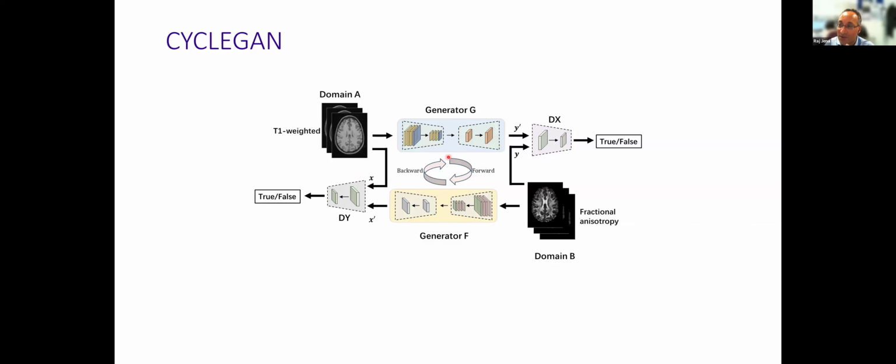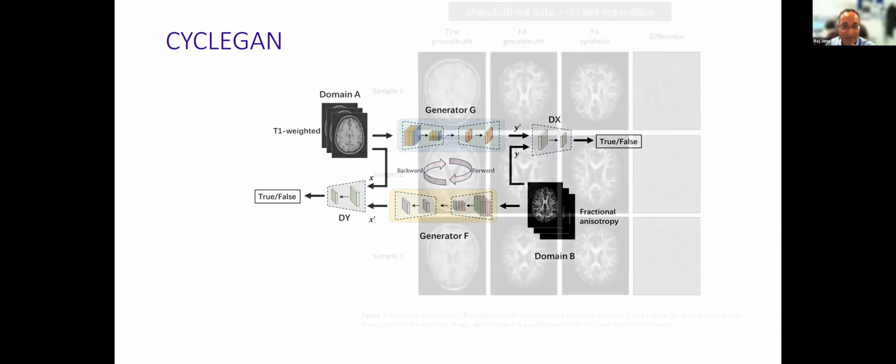And then you might be able to understand that in a zero-sum game, both of these get as good as possible, and it actually enhances the performance of both the forward and the backward layers. Although clearly in our domain, we're only actually interested in the performance of the forward one, i.e. creating synthetic DTI from normal radiotherapy planning T1 weighted MRI scans.